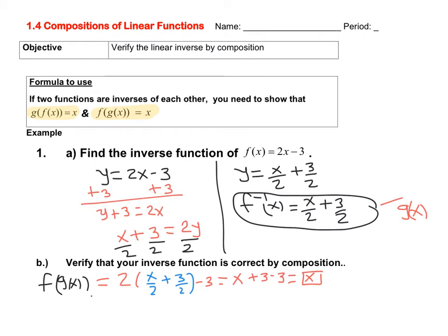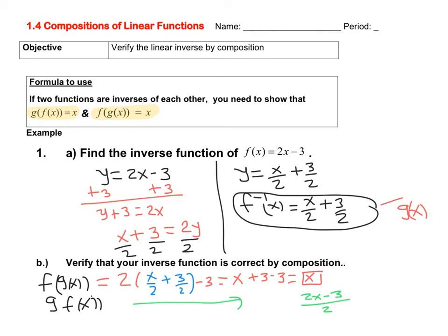And then I'm going to do g of f of x. So I take the g function, and the g function is the one which was the inverse in the previous case. So instead of x, I'm going to plug in 2x minus 3, with everything over 2. So this is going to be 2x minus 3, everything over 2,